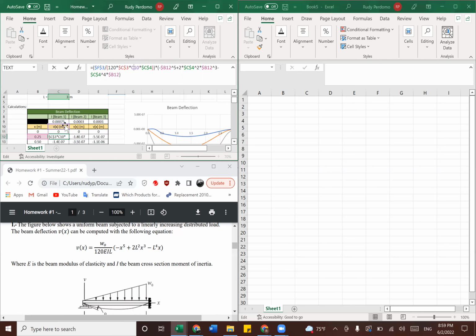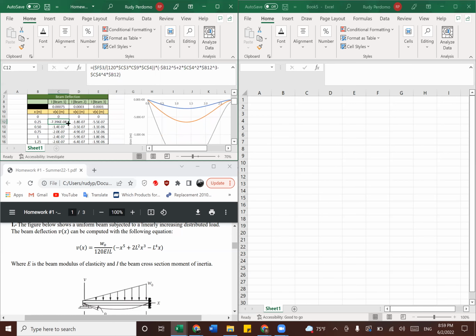Wait, why is it a C10? All right, so it's not supposed to be C10. This is supposed to be C9. And then you lock the 9 here. Then you click enter, and you should get those same values. So we see we have 1.4, so 1.4, 2,